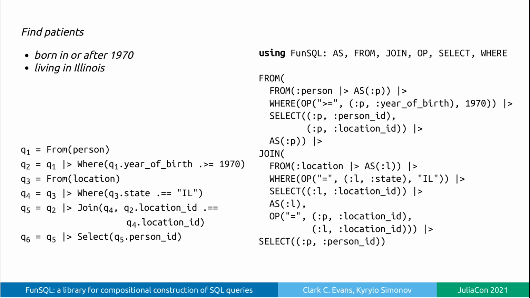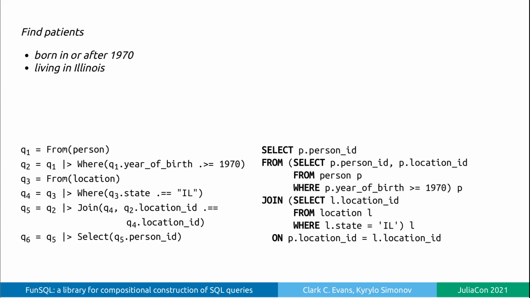But FunSQL also provides a separate set of constructors to represent the lexical structure of SQL, the syntax of a SQL query. This representation serves as an intermediate layer between the FunSQL query objects and the actual SQL. FunSQL users rarely need to interact with this layer directly, but it may be necessary in order to customize serialization of SQL functions with a regular syntax. And this is the final form of the SQL query, which will be generated from this query object.